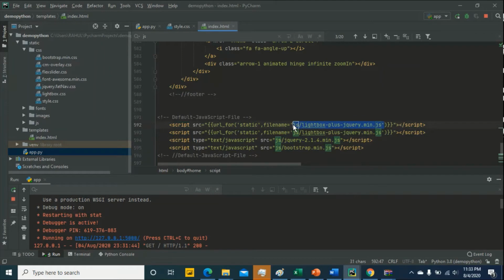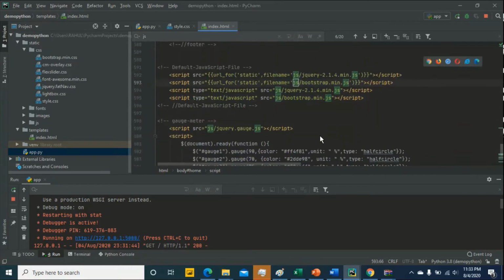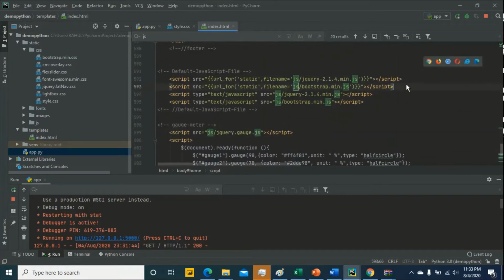Paste it properly, otherwise you will get an error. The JS must be copied and pasted in single quotes only. Just paste here. Okay. Same process for this one also.